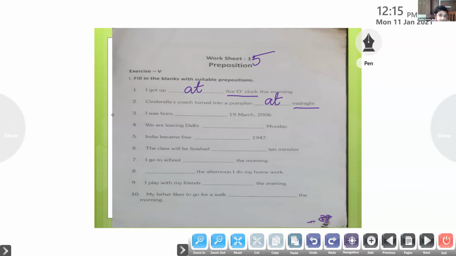Okay, so I was born, so it is, what is it? 19th March 2006. What is it? First tell me what it is. 19th March 2006 is a